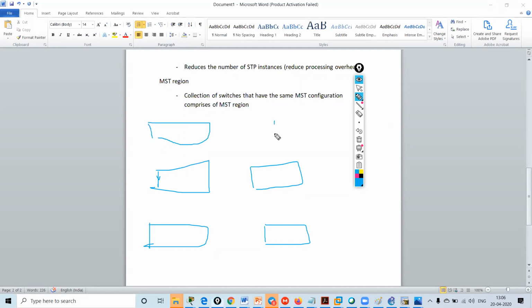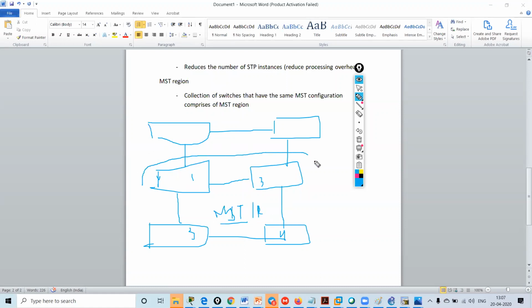Now suppose I connect all these switches with each other, and these 4 switches are running MST, and the configuration on all 4 switches is the same, and the region that is given is also the same.